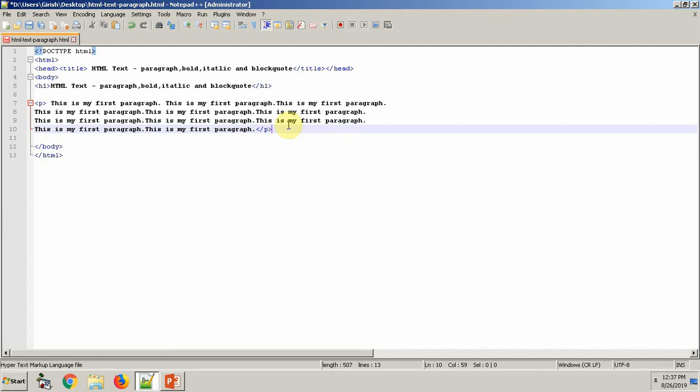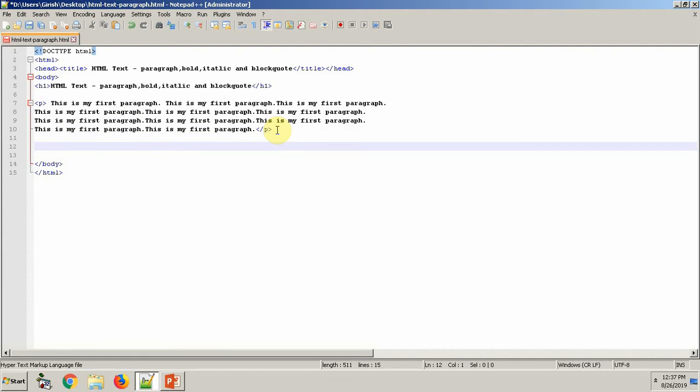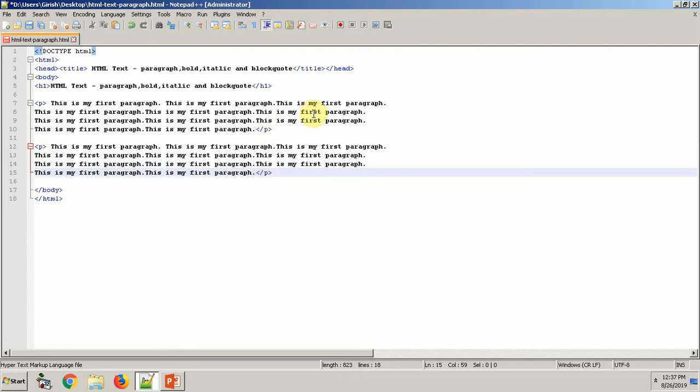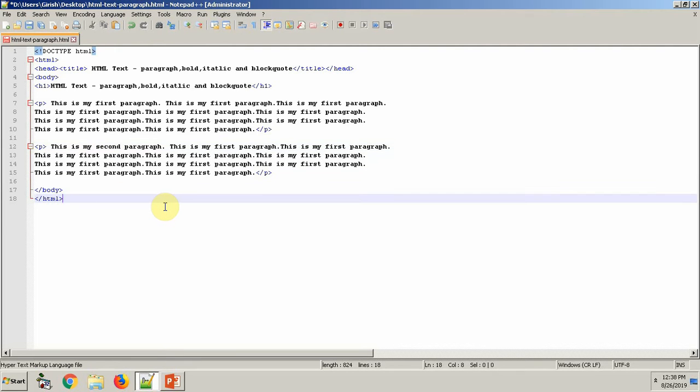So you can see that that's my first paragraph, and I have an opening and a closing tag. So all I have to do is copy and paste to create my second paragraph. Okay, so I'll just go ahead and copy and paste, and now I have two paragraphs right now. This is my second paragraph, and what I want to do is